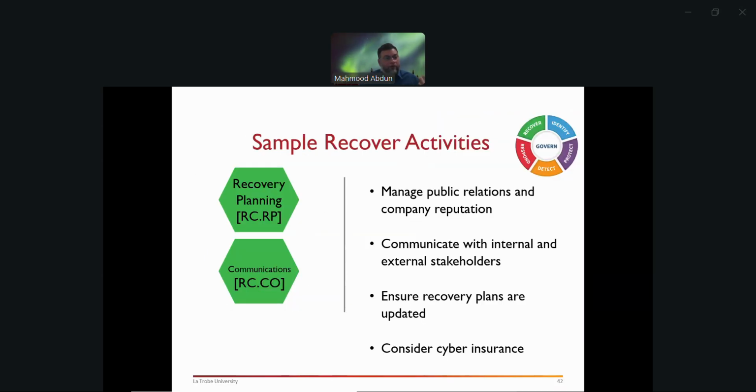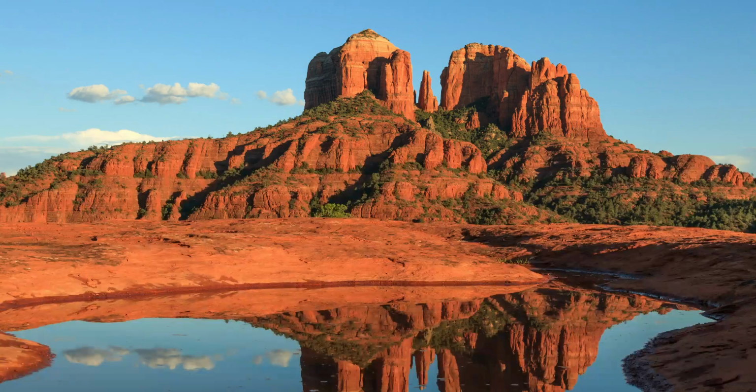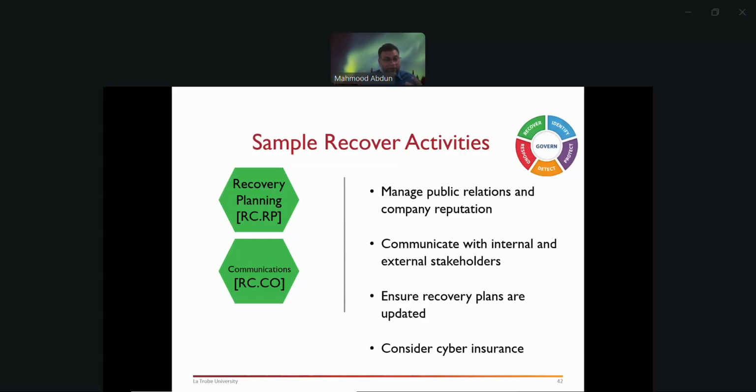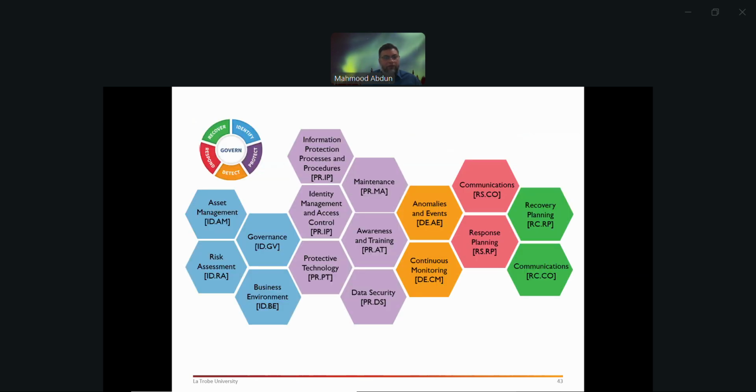But of course, recovery needs planning. You need to communicate with everyone who will be responsible for recovery once it happens, because you cannot scramble for things when things go wrong. So these plans need to be in place. You can look at all of these things. The govern one is missing, but everything else is here. You can get the whole picture by clicking on that PDF that's present on your LMS.